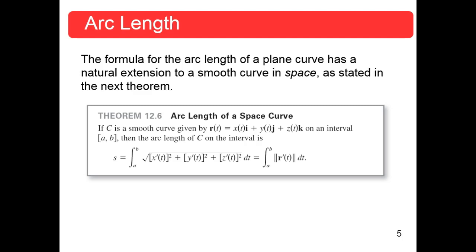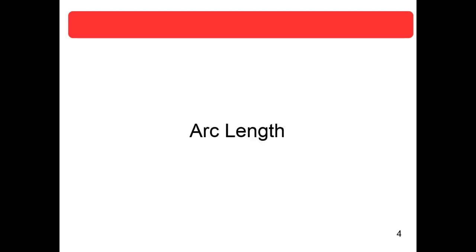And perhaps I ought to go back to that too. Back in section 10.3, you saw that the arc length of a smooth plane curve C, given by the parametric equations x equals x of t, y equals y of t, where t is going from A to B,